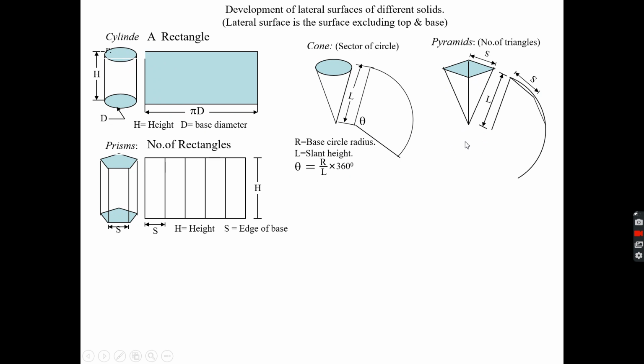Similarly, for this other point you get, again take it as a center and mark an arc in the sector of the circle. Similarly, you can do it depending upon how many lateral surfaces you have. It is a square pyramid, so there are 4 lateral surfaces. If it is a pentagonal pyramid, there will be 5 lateral surfaces. So accordingly, you can cut the arcs on the sector of the circle and you will get the development of the pyramid.